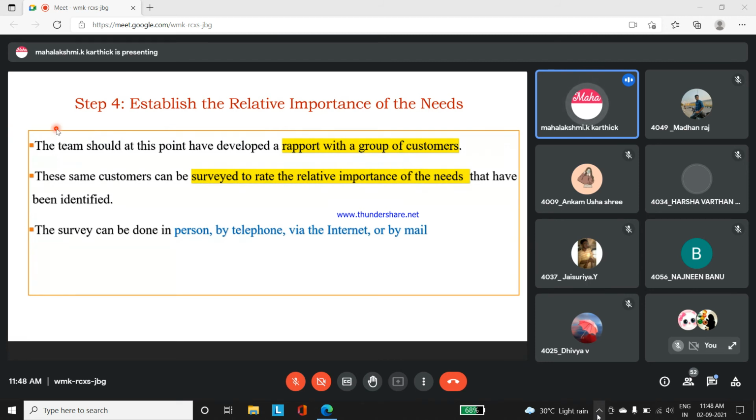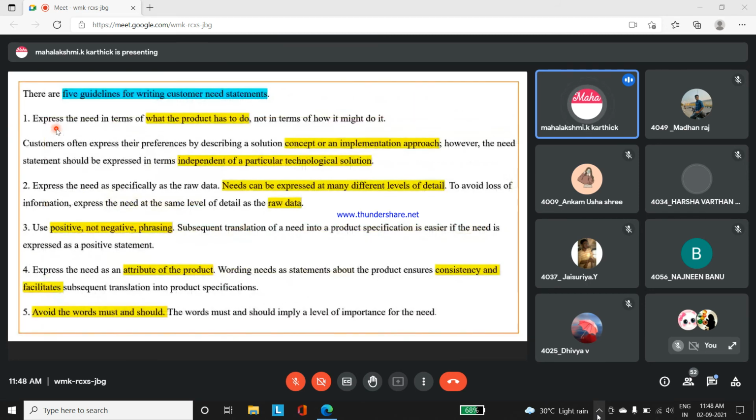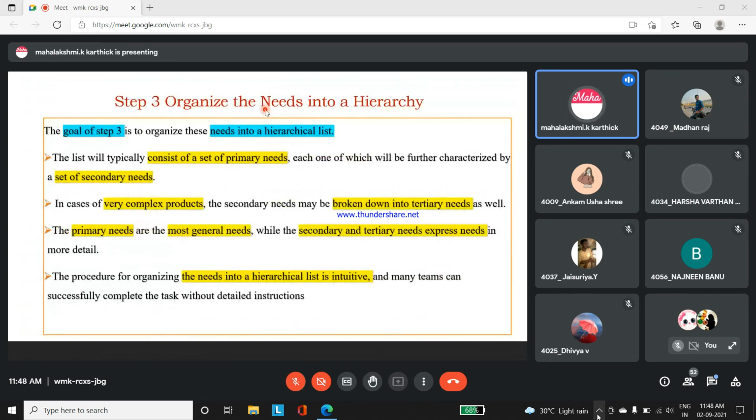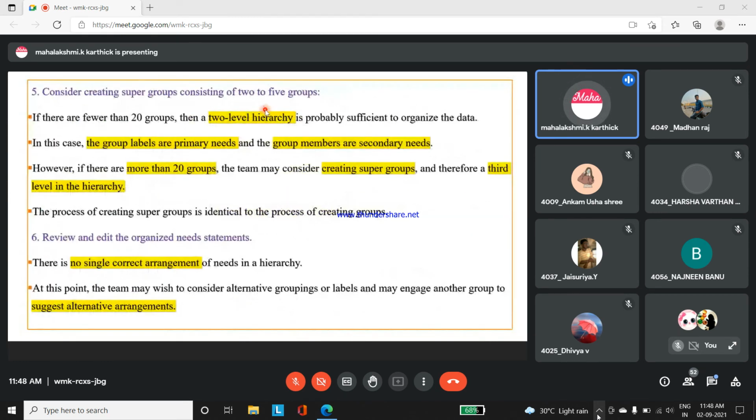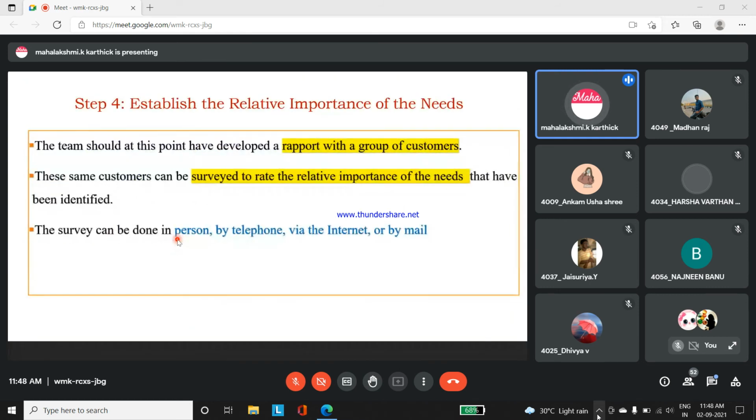After doing step 1 and step 2, after following some guidelines, we have framed the customer need statement. Then we have organized it properly, checking whether it belongs in the correct group, primary need or secondary need. And after these discussions, now we have to take that customer need statement and discuss it with the customer. If the customer is satisfied after checking with the 5 guidelines, then it forms good relations with the customer, with the group of customers. So these same customers